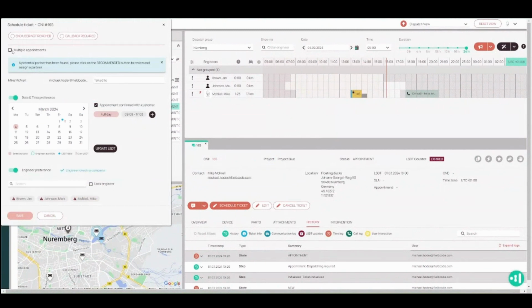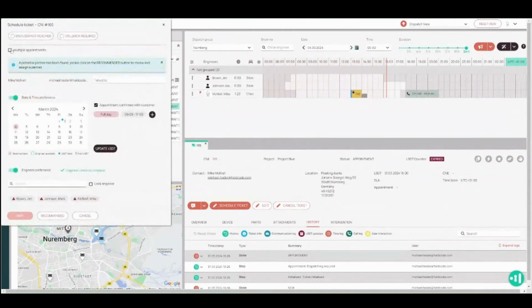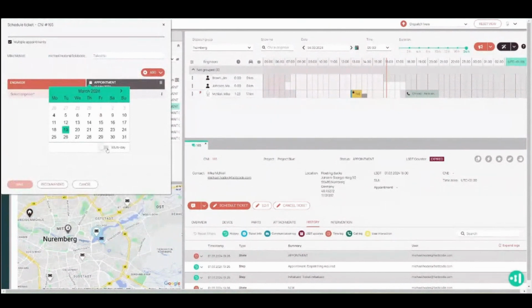So now I'm going to select multiple appointments. And now we have a new switch here. When you select this switch, before I could click on a single day and create a single appointment. Now I'm going to click on multi-day, and I simply need to select one spot here, then select the end. Let's start here. And then you see it pre-selects every day. So I click on that,